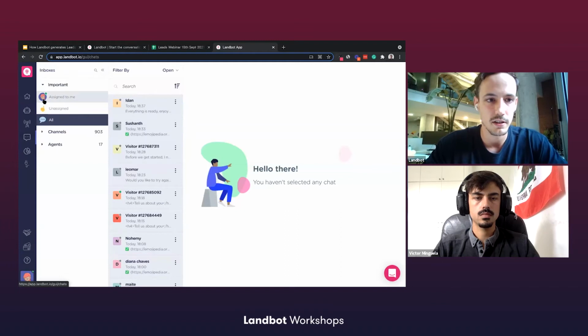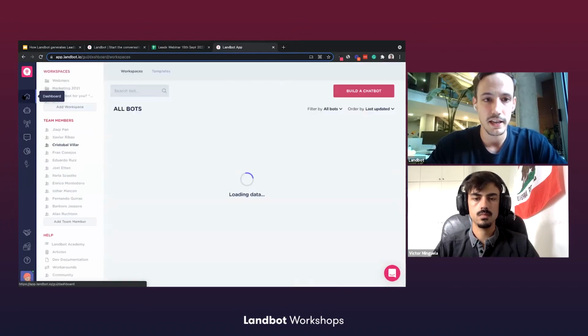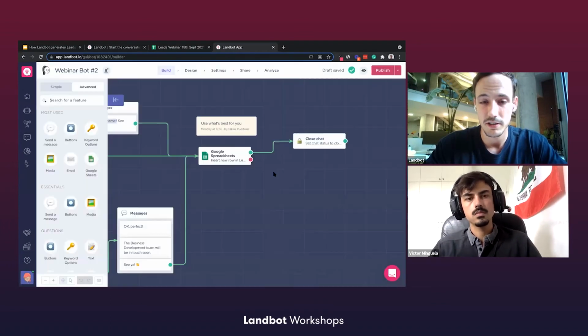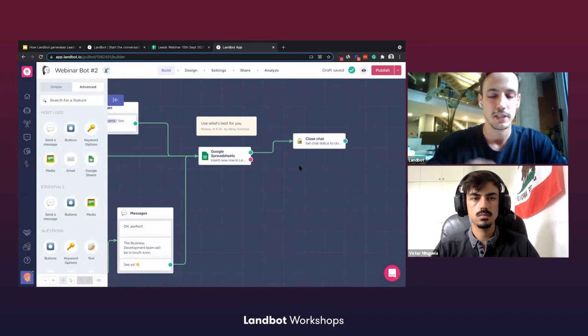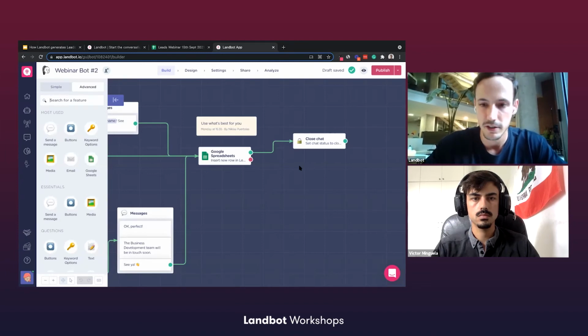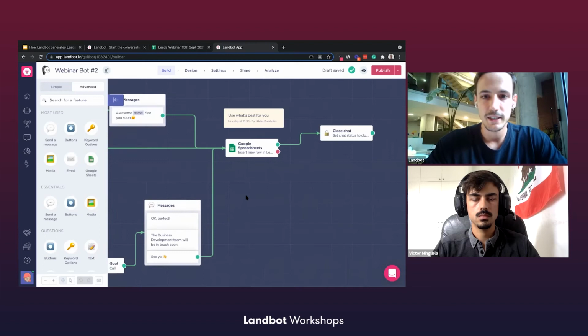In our case, we usually just close the chat at the end. So if another agent is handling another bot and wants to reply to a customer, this chat is not there, because there's no need to reply to it.